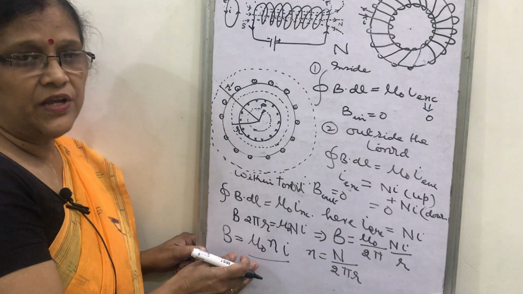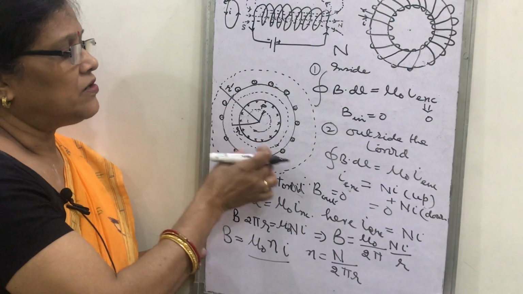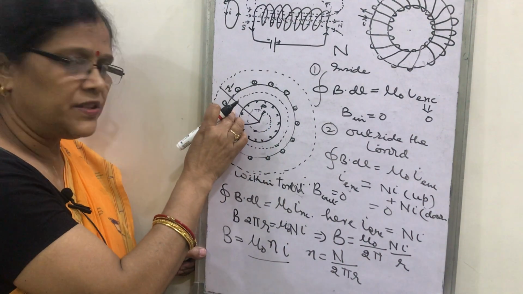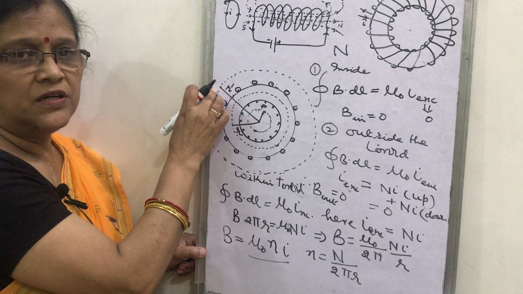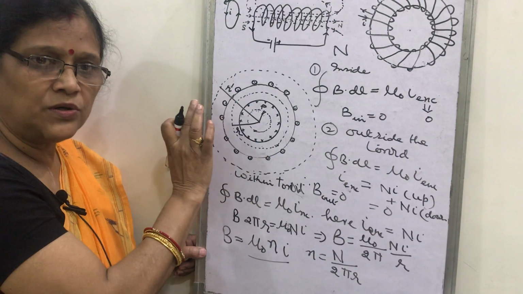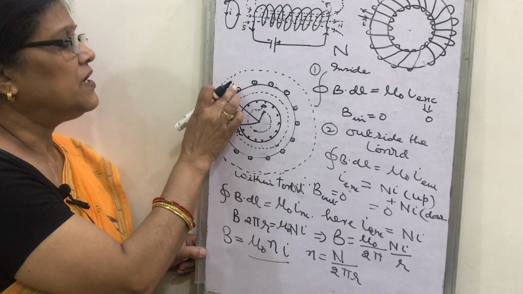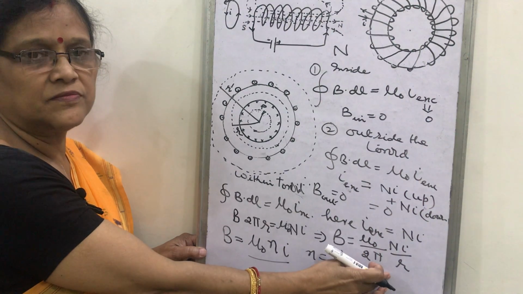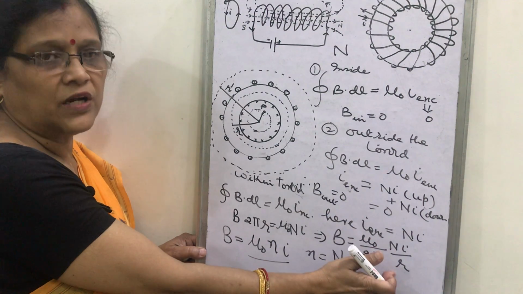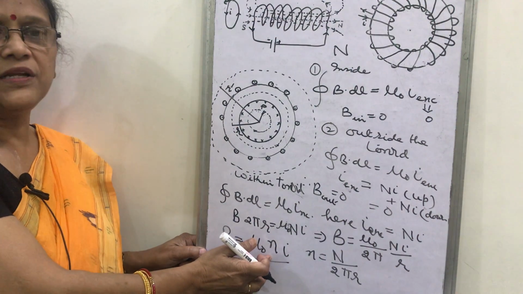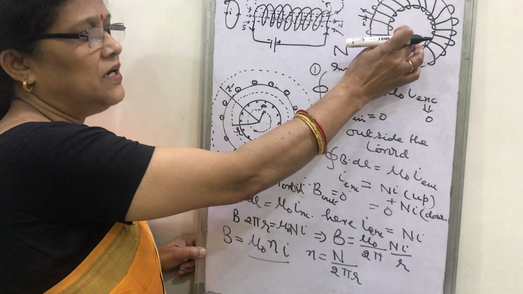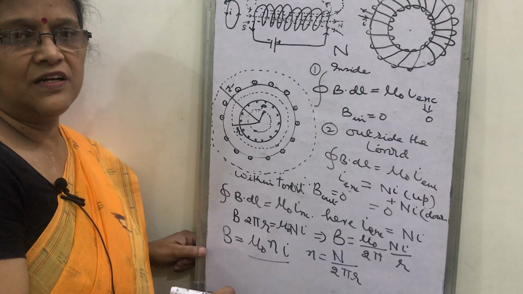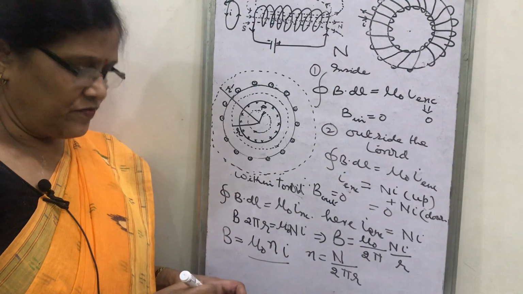So in this way we calculate the magnetic field of the endless solenoid or toroidal solenoid, inside, within and outside. Inside, since there is no current, it is 0. Outside, since the current is equal and opposite, the net current is 0. And within, we have this expression, which is for the toroidal solenoid. How can you write this expression? If you consider there is a negligible difference between the outer and inner radius of the toroid. Thank you. In the next video, we will discuss further.